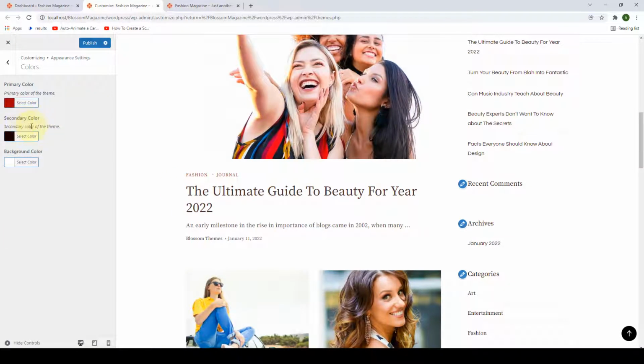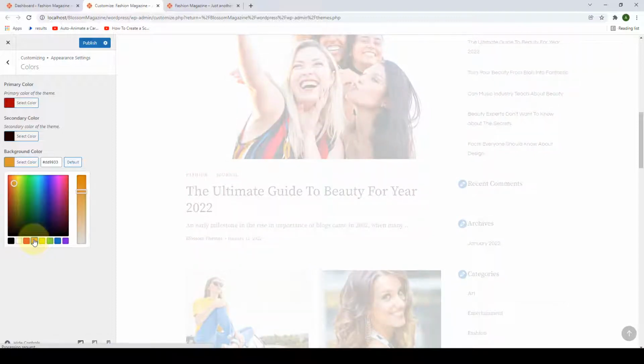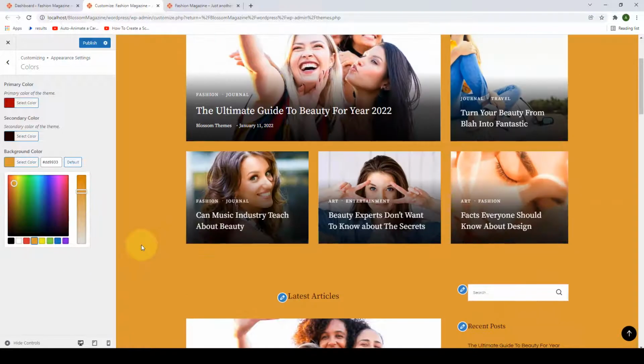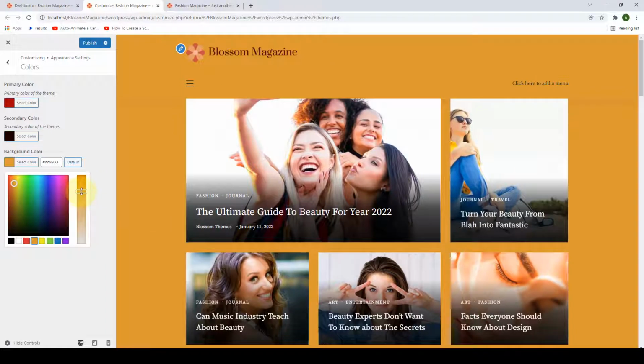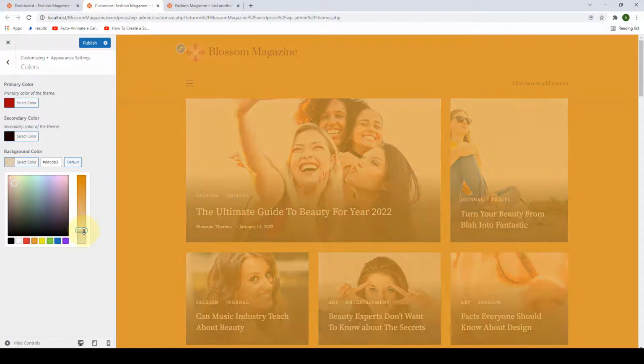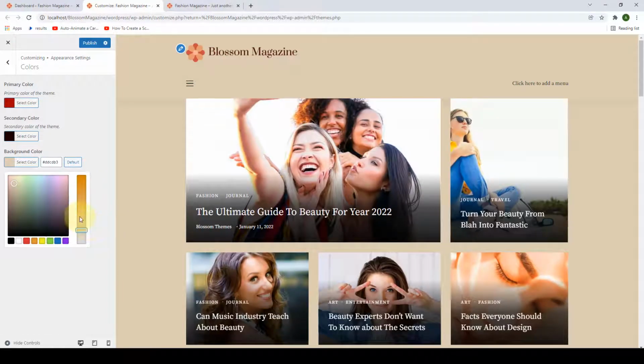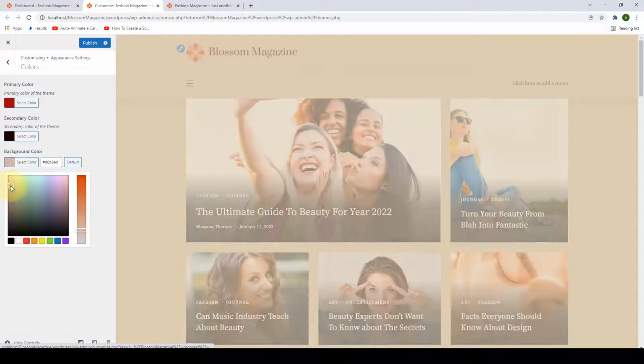For the secondary color, you have to follow the same process. Then you can also add in the background color. Simply click on Select Color. Again, you have to select the color from the palette here. As you can see, the color selected is too dark. You can move around the slider to select the tone of the color, and you can also move around the pointer